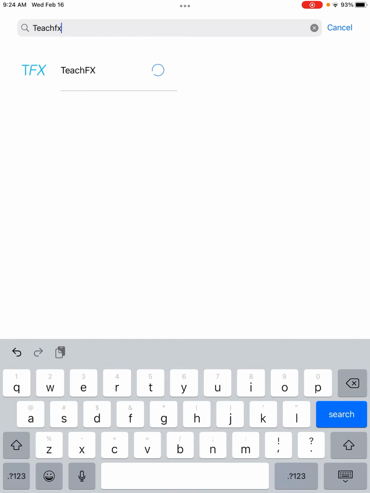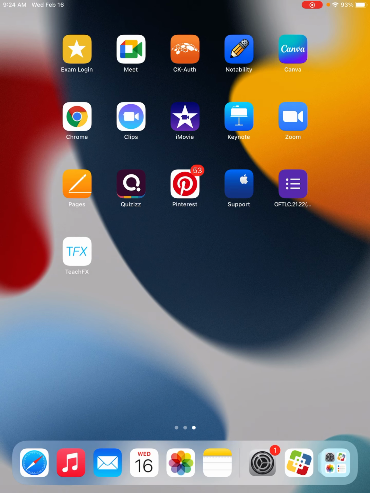Okay. This app, self-service, is where all of the district apps live. So if you ever lose one of your apps, you can install it from self-service, and that is very important to remember. Okay, so I'm going to go out to my main home screen, and you'll see that TeachFX